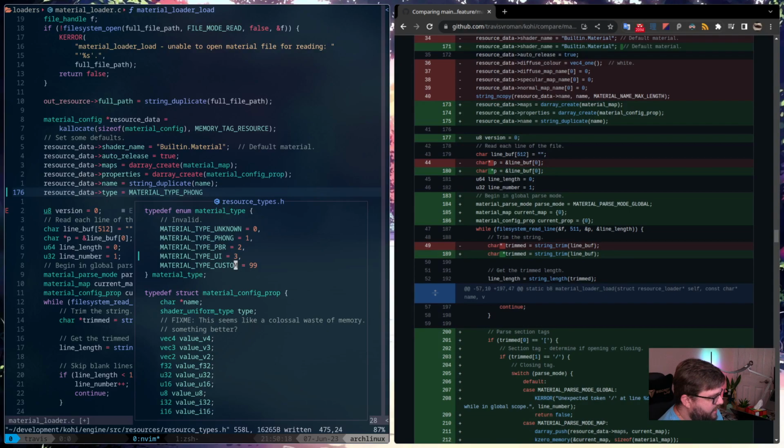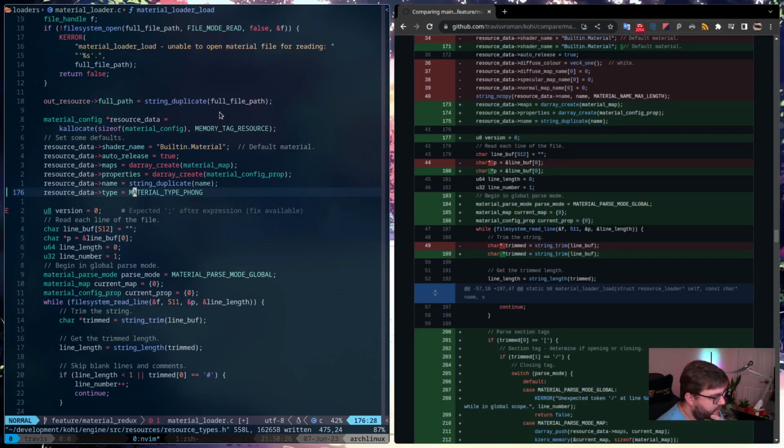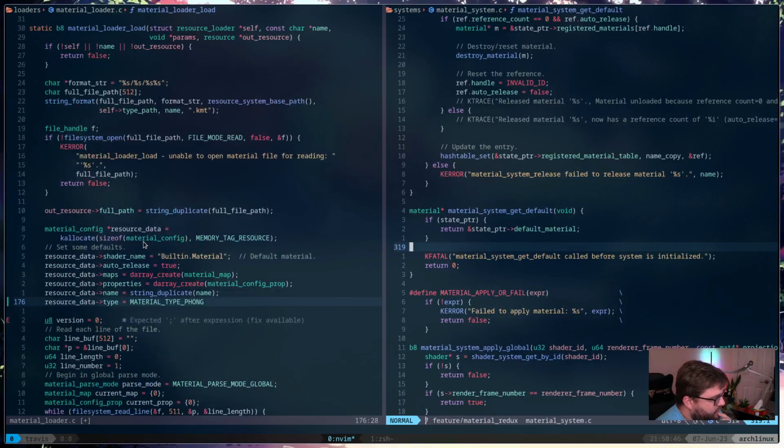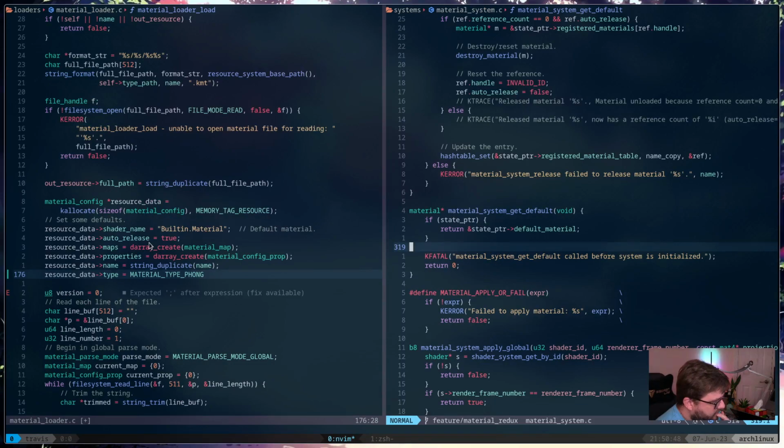So I guess UI is going to be the way that we want to go on that. That does open a can of worms, though, because type doesn't exist on version 1 material files, which means that we'll have to upgrade our UI materials to version 2. Which I guess isn't a huge deal, just kind of annoying. We break that sort of backwards compatibility in this case for UI materials, but it is what it is, I suppose.